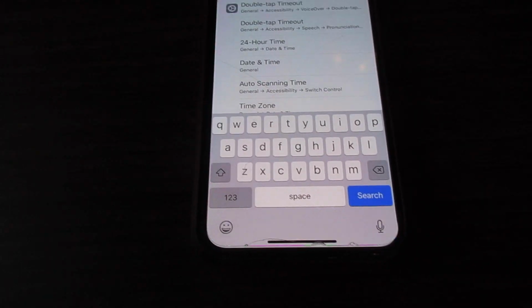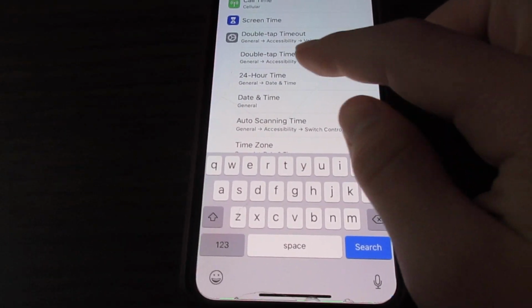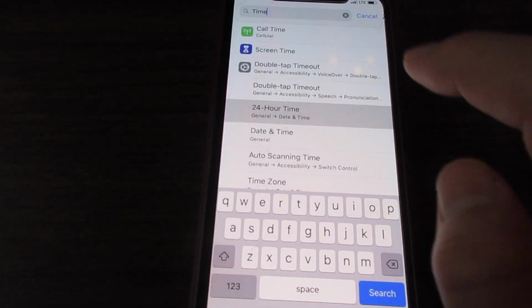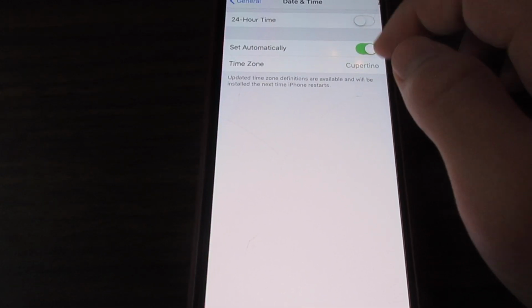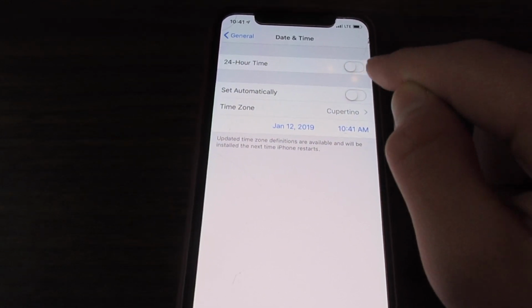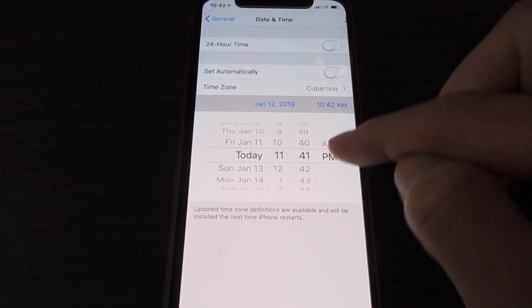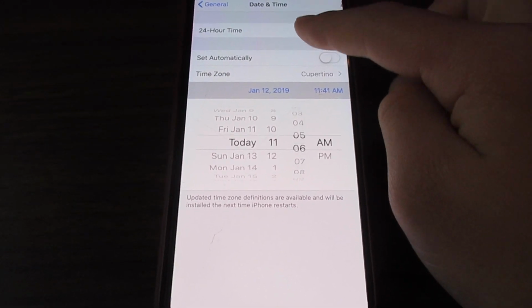This is only going to work on, well actually no, it can work on Android too, you just have to find a way around it. So you want to go to 24-hour time, click set, uncheck set automatically, you want to go down here, and then go to 11,